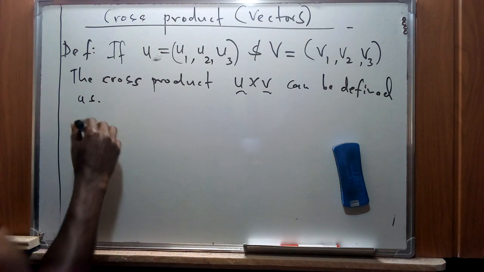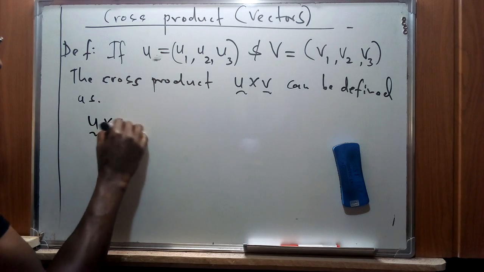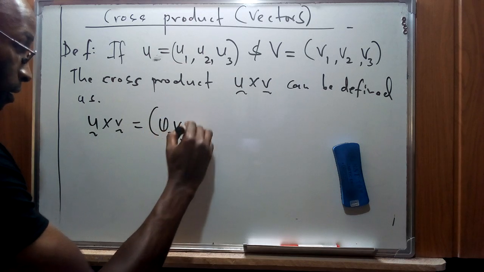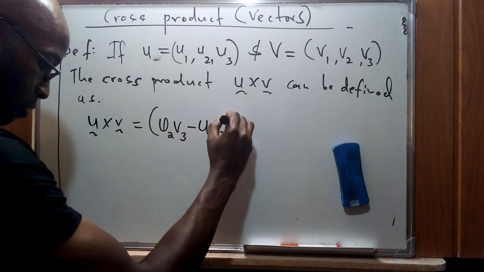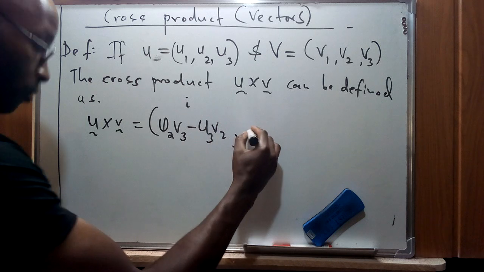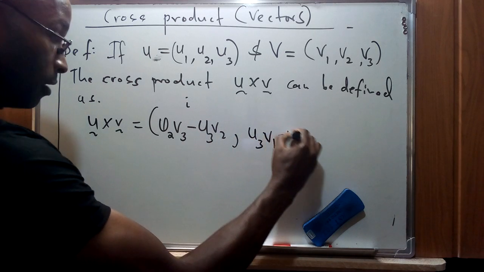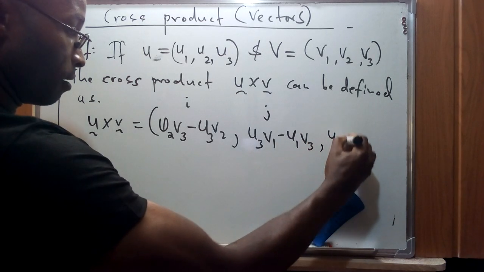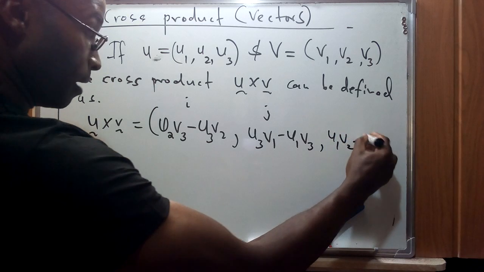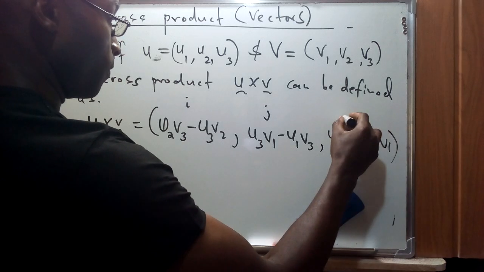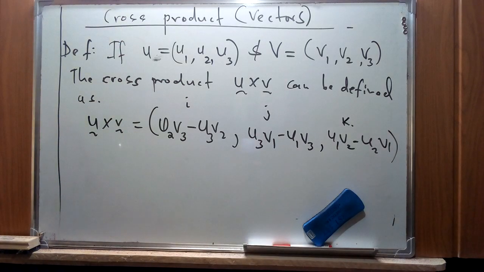So therefore, we're going to have u cross v, which is given as (u2 v3 minus u3 v2) for the i component, and then we are going to have (u3 v1 minus u1 v3) for the j component, and then we are going to have (u1 v2 minus u2 v1), and this is going to form the k component. So in this case, this is a general definition for the cross product of vectors,